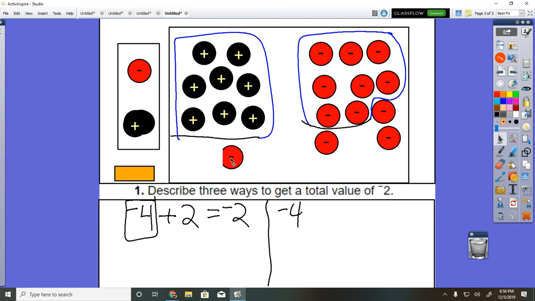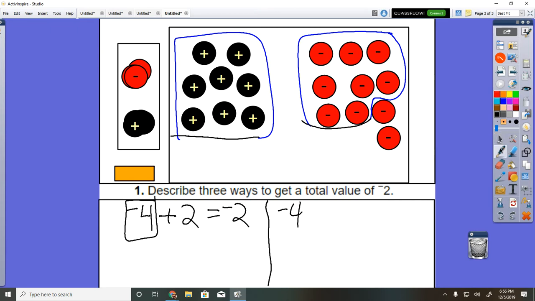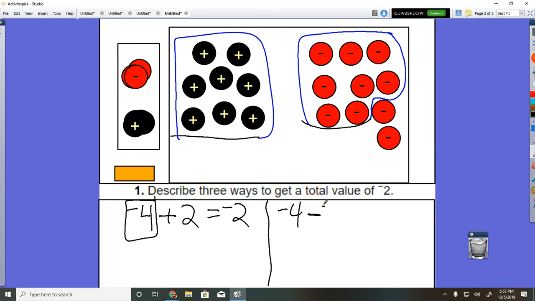So if I take away this negative and I subtract that negative, I can also end up at -2. So if I subtract -2, I will also end up at a total value of -2. Now, we're going to see how what we see on the left and what we see on the right are related. The third way I can get a value of -2,